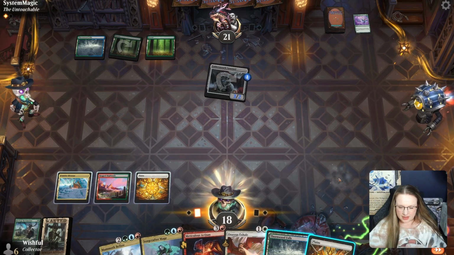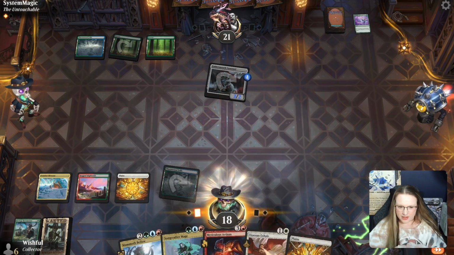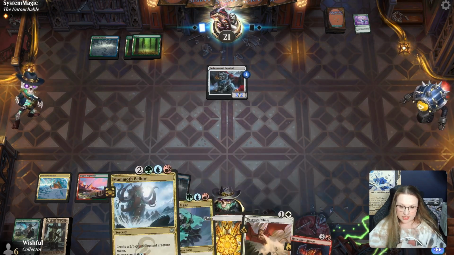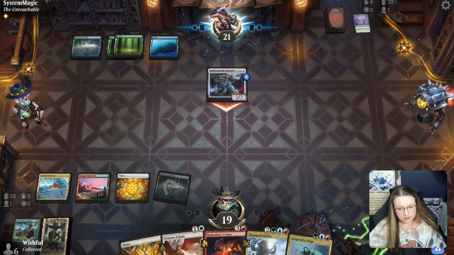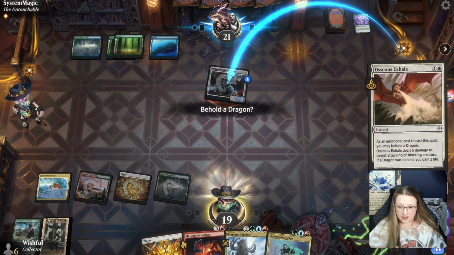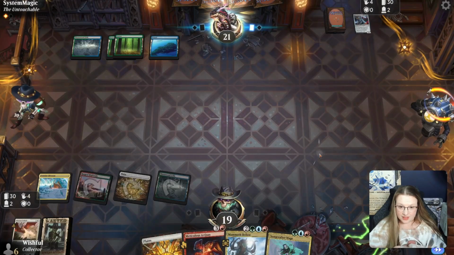Alright, I'm probably playing a land, and then I'm just deciding if I want to... I think I'm just going to play our tap land. Probably cast Exhale. We could have played Artisan this turn, but I like that this lets us have all of our mana set up to play our multicolor spells. And then from there, we can start recasting stuff. I am just going to go ahead and kill the Embermouth Sentinel. They put a counter on it to protect it, so...